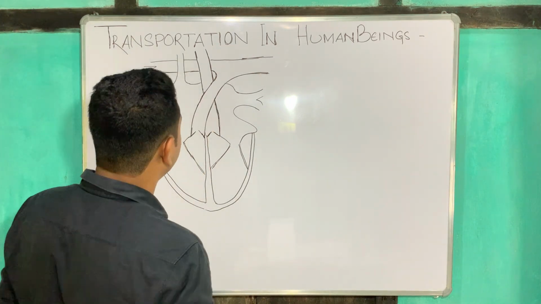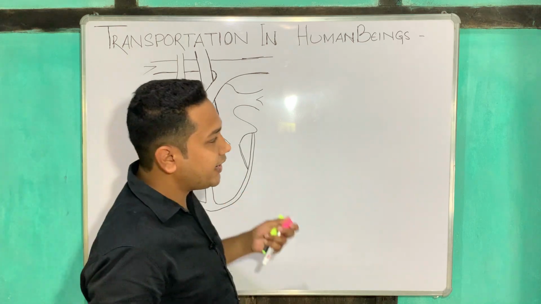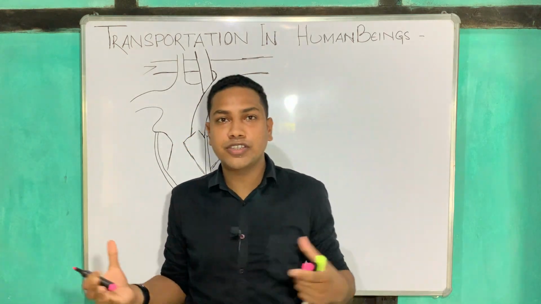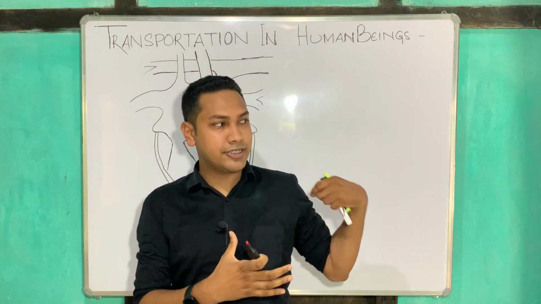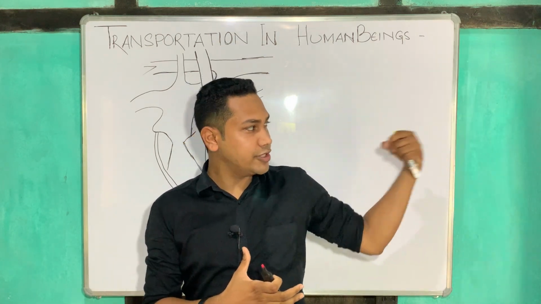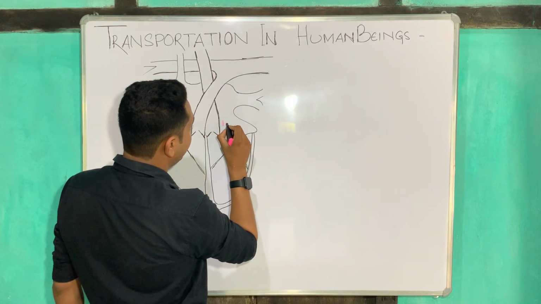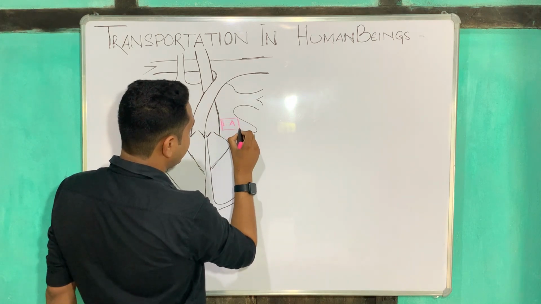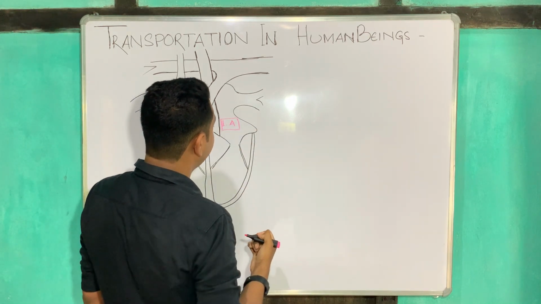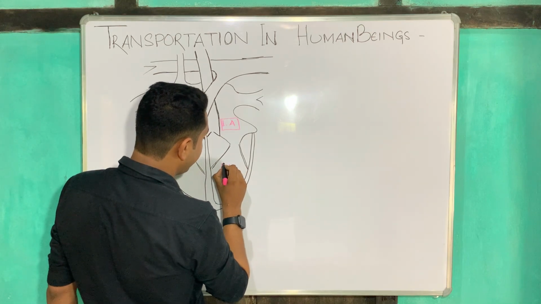So this is our heart. Now our human heart has 4 chambers. If I am going to mention the left hand side and right hand side of the heart, then if I stand like this, this is my left hand side, right? So this portion will be the left hand side. I will write here left atrium, LA, short form. You can also say left auricle. Then this is the left ventricle.